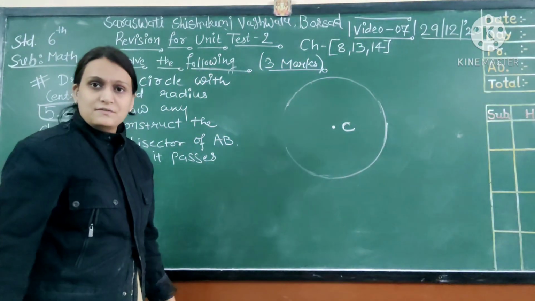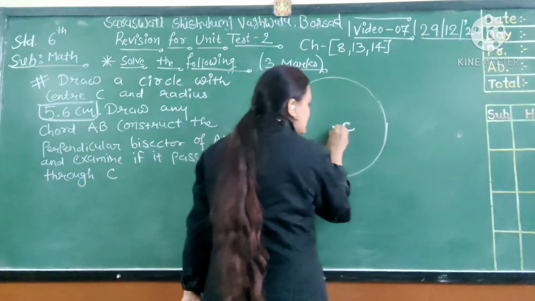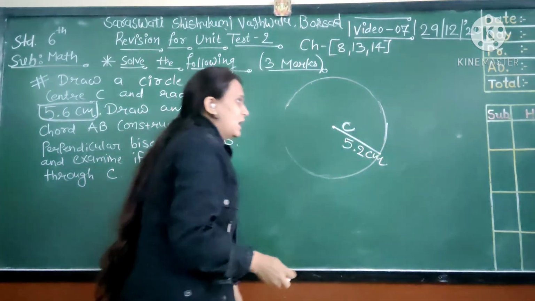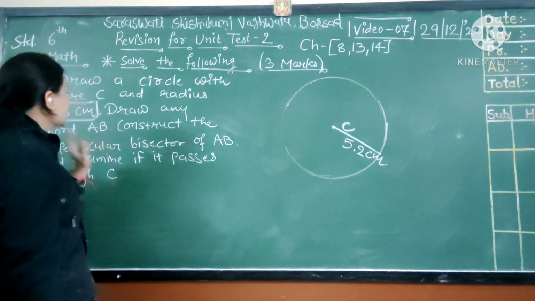Okay, so this is our one circle. The radius here is 5.2 cm. Now after constructing the radius, we have to draw